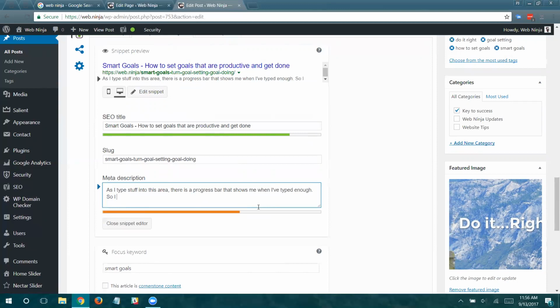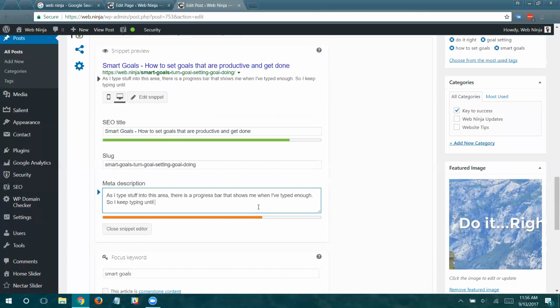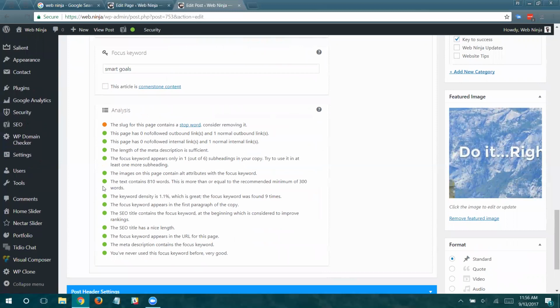I can't talk and type at the same time, so bear with me. There we go. So the same thing with the SEO title. You're just going to keep on typing information until it goes green, because what that'll do is make this light down here green. Okay, the length of your description is sufficient.